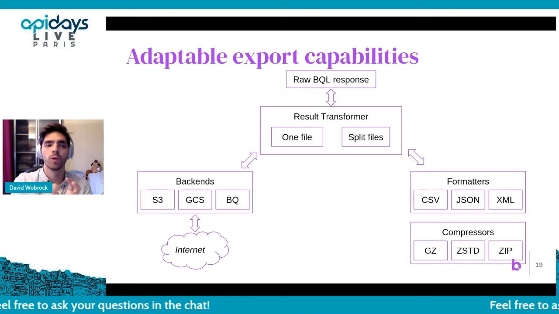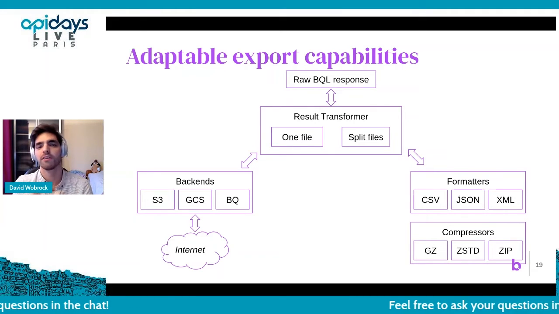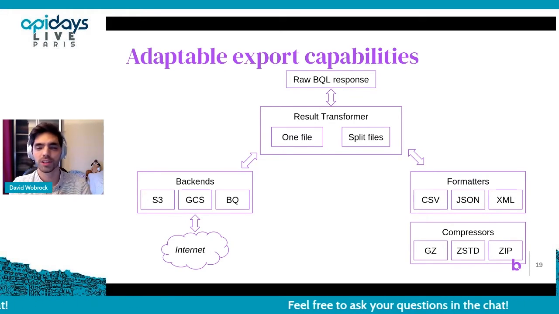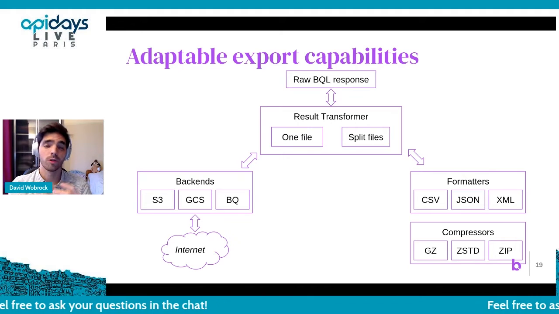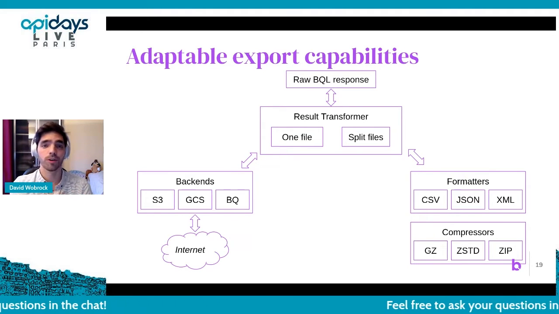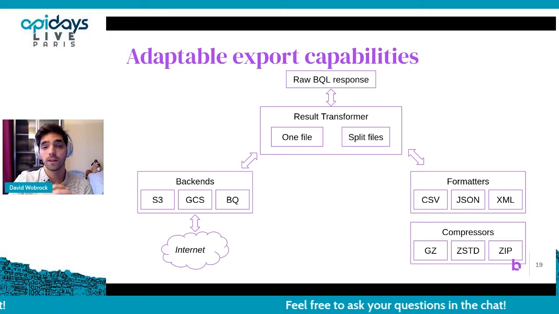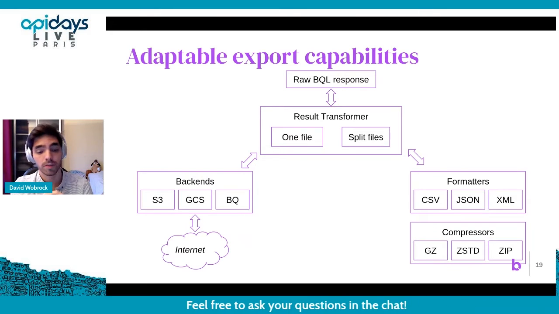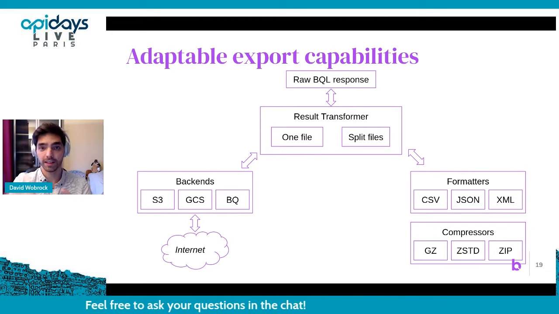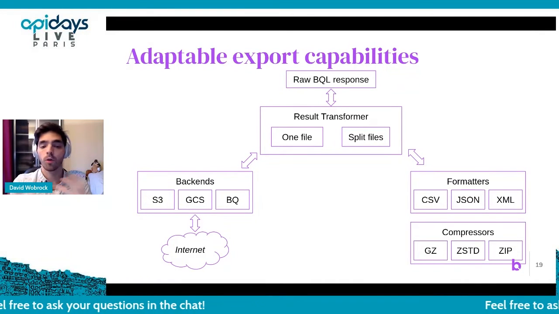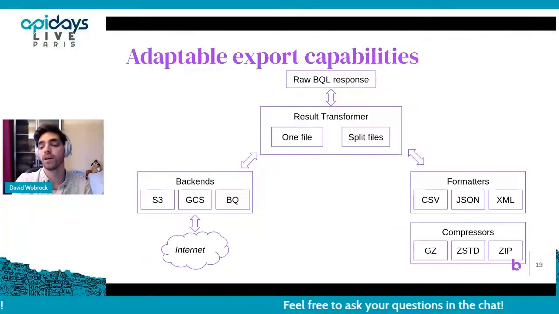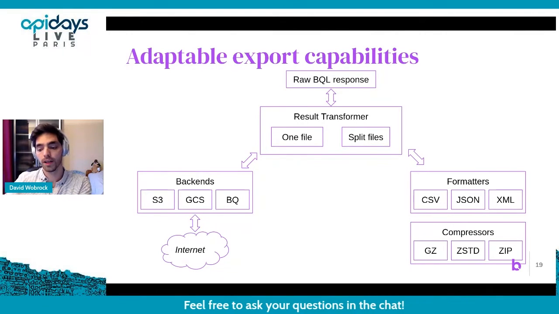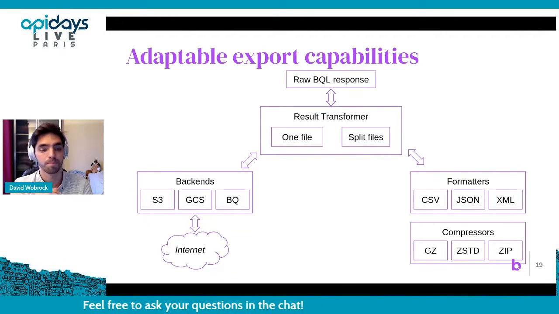And once we have the results, just a quick view on how we're going to export the data efficiently. Well, we need one component to orchestrate how data is exported. So maybe it's just a raw API HTTP response, or it's going to be some file export, or we're going to stream into customers' backend directly into their BigQuery table, for instance, so that they can consume it there. And this is all orchestrated by one transformer who will know the different backends, know how to export to them, and know how to format and compress data if necessary.